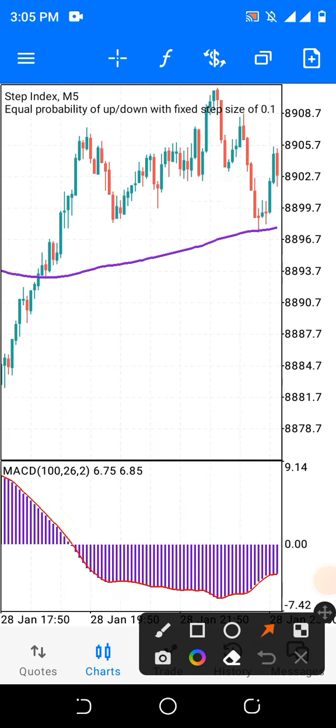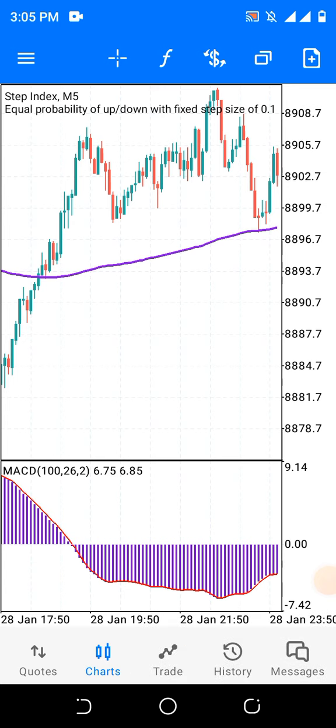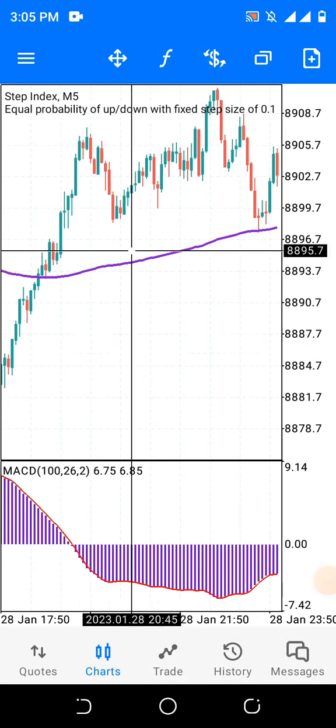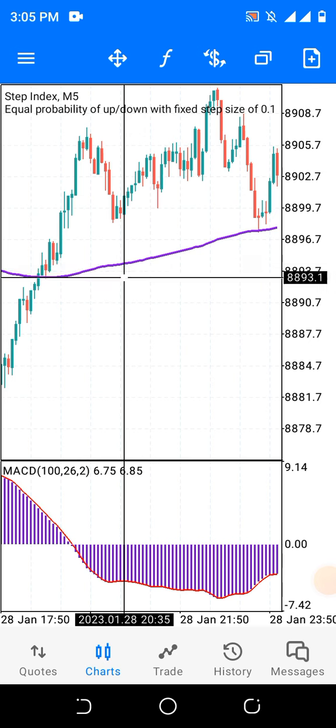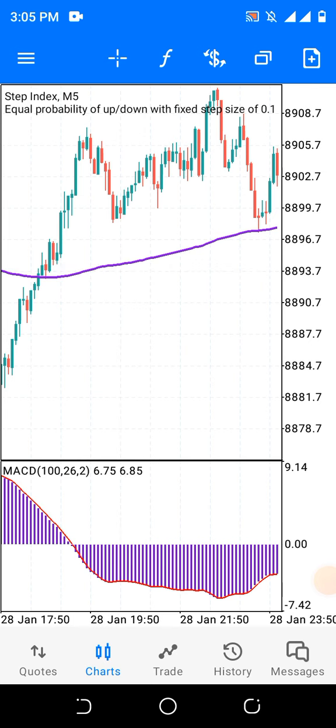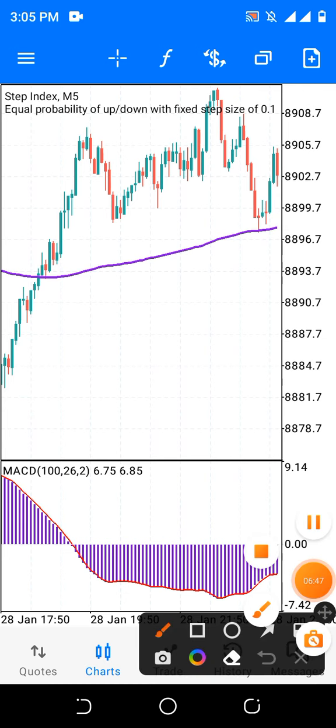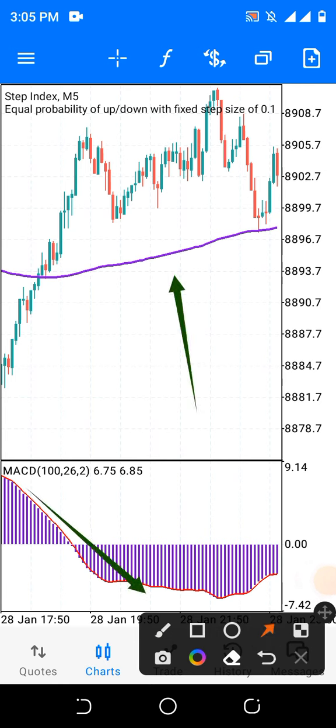But there is a condition. There is one condition it needs to obey before you can be sure. It must be above moving average. The candlesticks must be what? Above moving average. Do you understand? So once the crossing occurs on the side of MACD, the candlesticks must be above moving average. Do you understand?